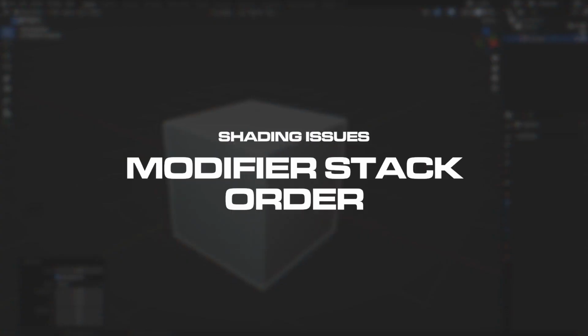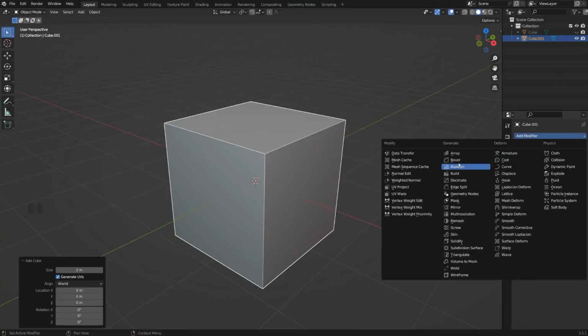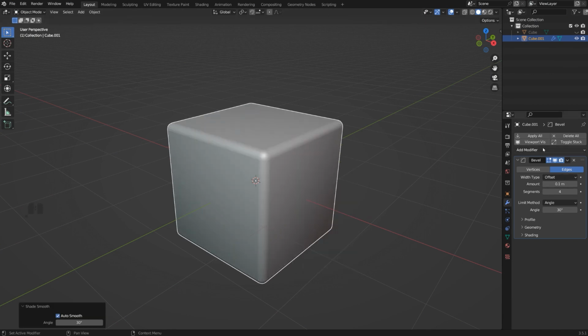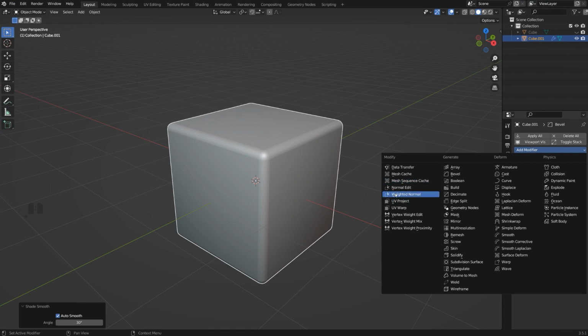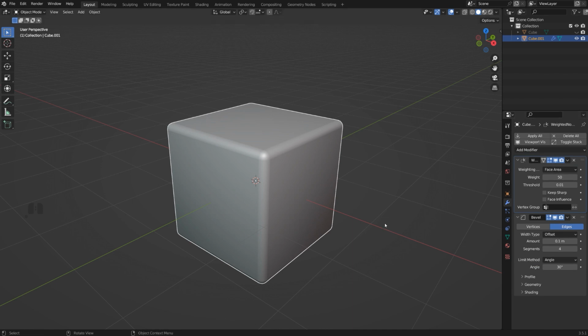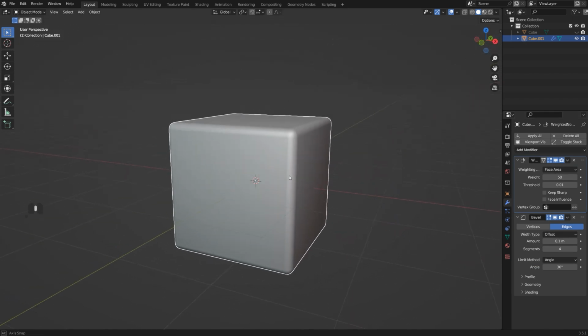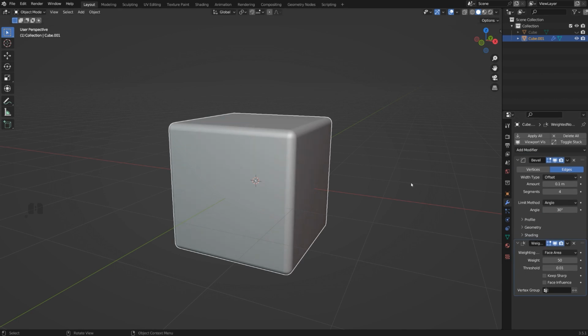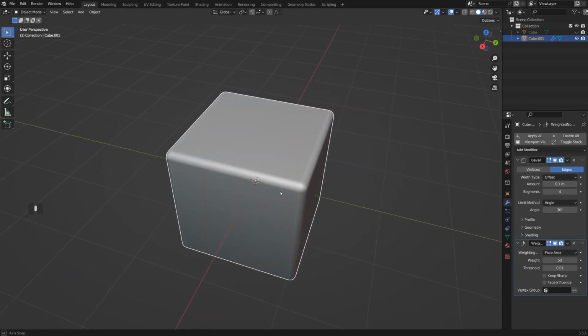Now, speaking of modifiers, the modifier order is really important. If I, for example, add a bevel here, right, and I'm going to, you know, crank it up, and then I'm going to right click and shade Autosmooth, and I'm going to add weighted normals, right? Everything is peachy, but look what happens when I'm going to flip the order, right? It's just getting messed up again. So you need to remember that order of modifier is essential in Blender,